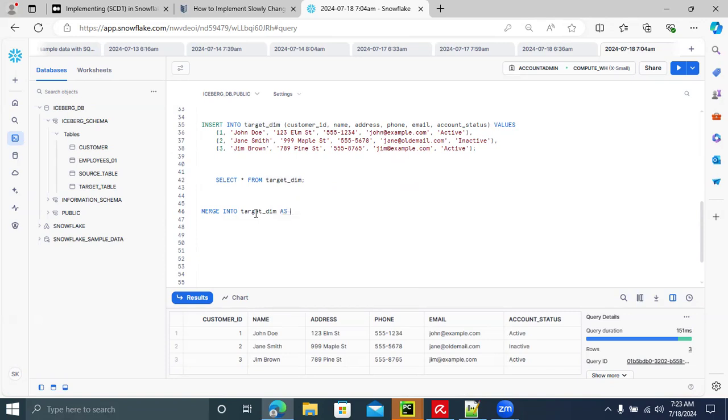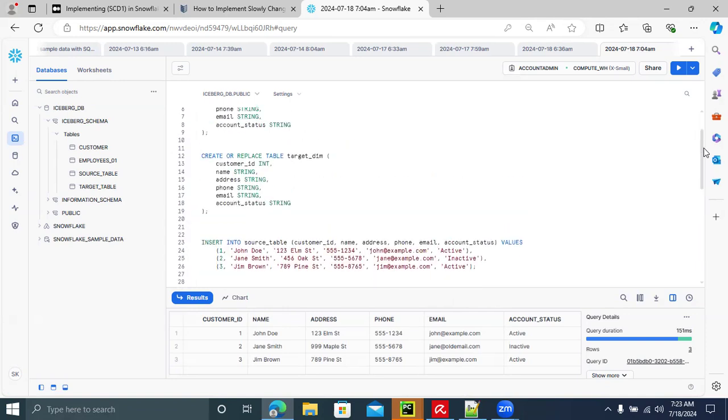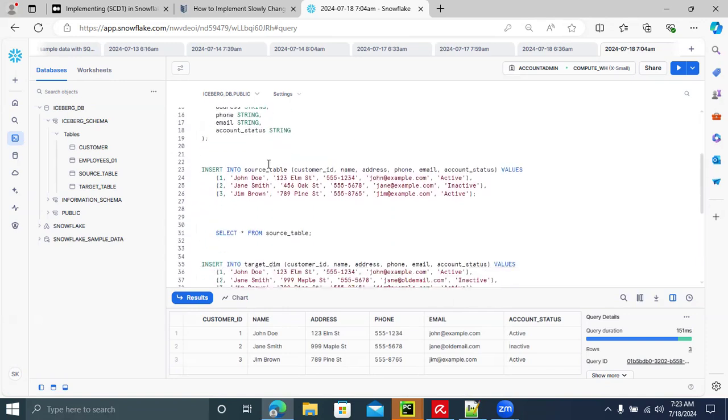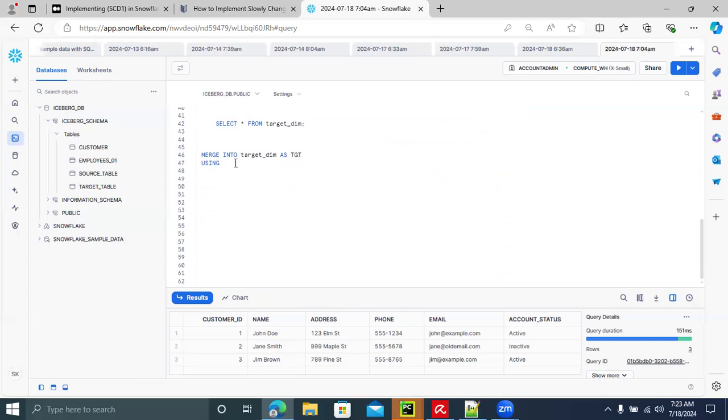Give some alias. Give some TGT target, and then using source. You don't know the name also, right? Source table. It's going to be source table. And then